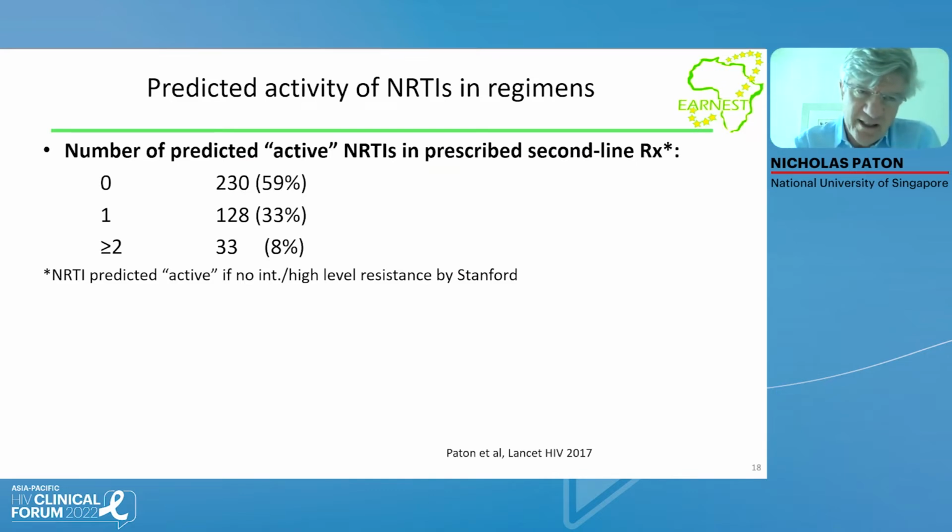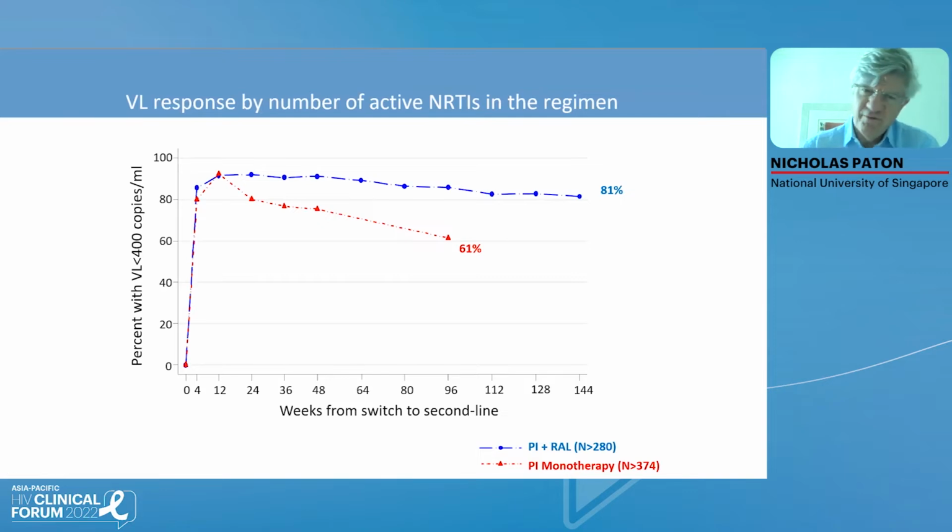and put those two things together and categorize people in terms of whether they were prescribed 0 active predicted active nucleosides, and that was the majority of people, nearly 60%. 1 predicted active nucleoside, so about a third, and very few people actually had 2 predicted fully active nucleosides, just 8%. So then we looked at the performance of that PI nucleoside combination according to the activity of the nucleosides predicted